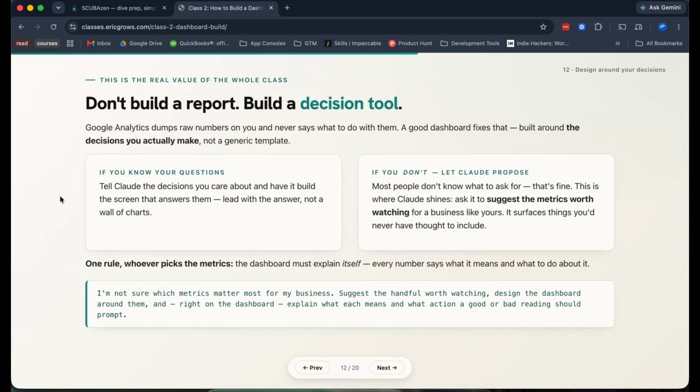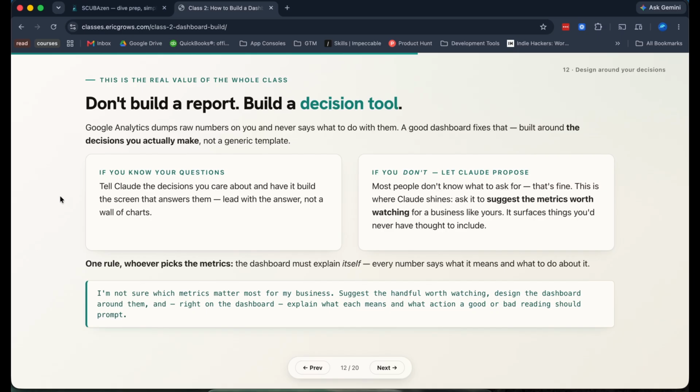because this is a custom dashboard, I think it's worth talking about how to frame this in your mind. When you use a traditional dashboard, and Google Analytics especially, it dumps a bunch of raw metrics and numbers in your face. And it's really hard to understand what to do with all of that information. I've looked at this dashboard before and just been completely overwhelmed by it. I can't make decisions off of it. I just have all of these metrics that I don't really know how they relate and what they do.